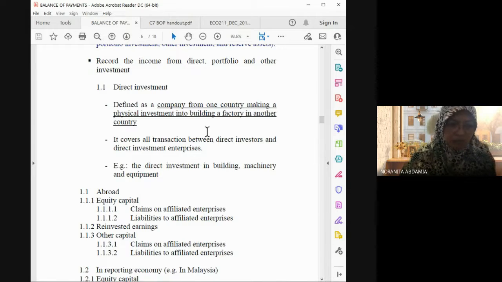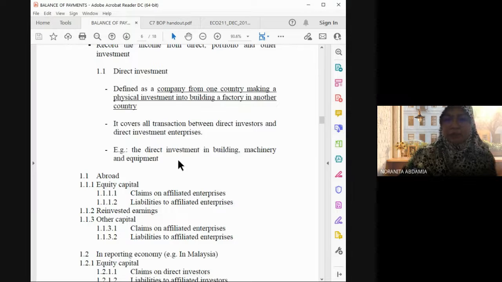An example like you, if you have a business, you have the factory, so you want to open another branch of your business. So you buka kat mana? Let's say you open ataupun you invest dekat UK lah katakan. Who knows? I mean kan, one day. So you buka dekat UK, you buka another factory at UK. So that's a physical investment. Benda yang nampak. Alright, that's a physical. This is what we call a direct investment.